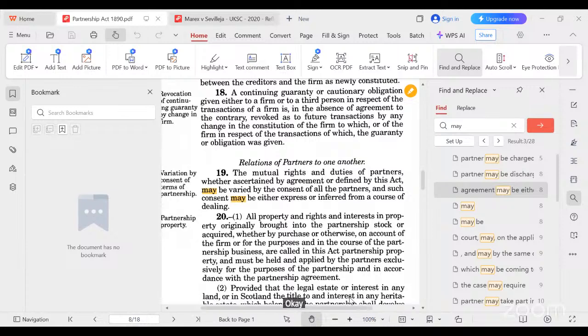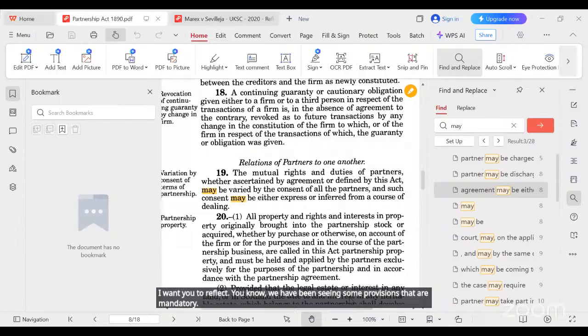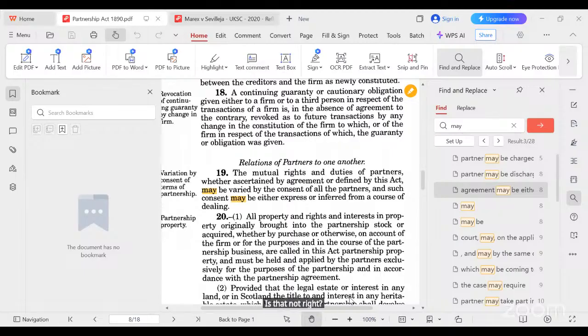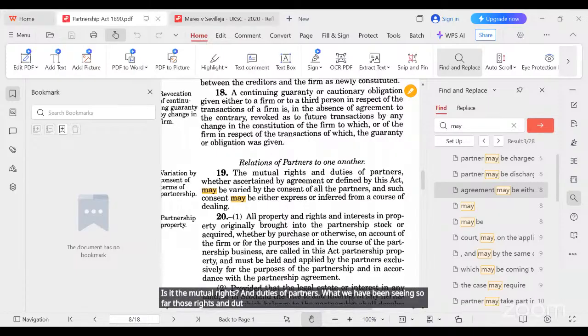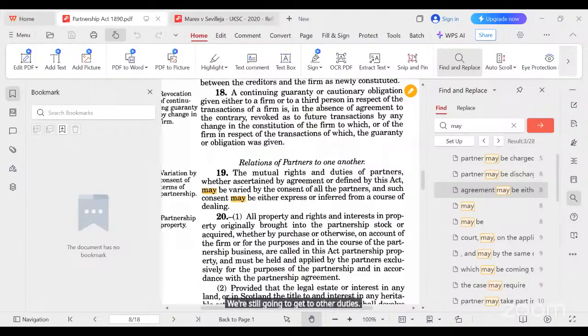Okay. Now, thank you. I want you to reflect. We have been seeing some provisions that are mandatory, some that are enabling. Is that not right? This one now, let us read it together again. I will read. It says the mutual rights and duties of partners. What we have been seeing so far are those rights and duties. We are still going to get to other duties. All the ones we have been reading so far relate to the relationship between the parties. Those rights and duties of partners,